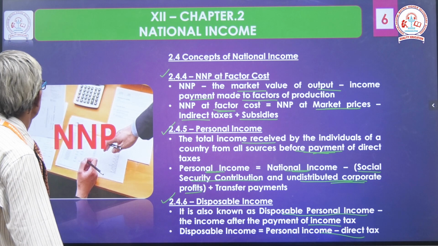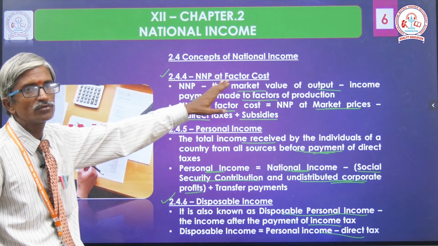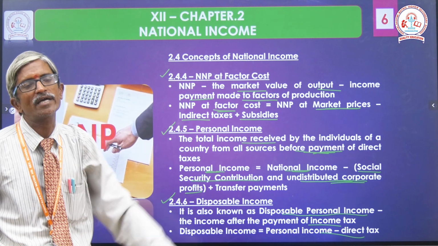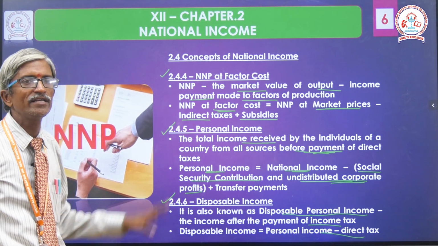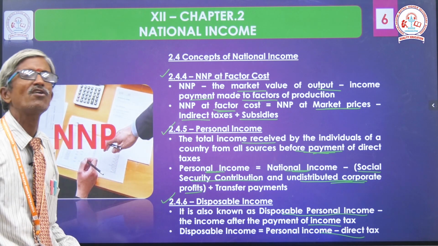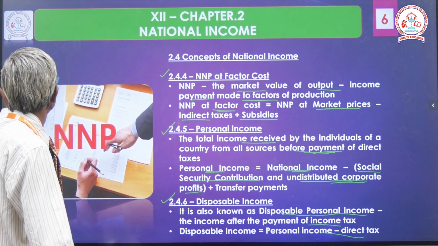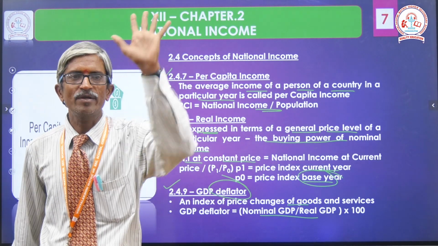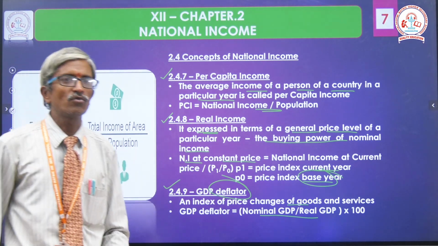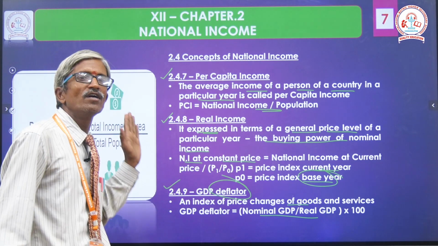NNP at market price is also one book back 2 mark question. So all these 9 concepts carry 2 marks each. So don't bother about it. You go through it entirely, it will be included in a 5 mark question also. What are the concepts of national income? What are the points you are visually seeing here? If you represent the same points, you will surely get 5 marks. Clear? Sure, it will be asked as a 2 mark question also under this